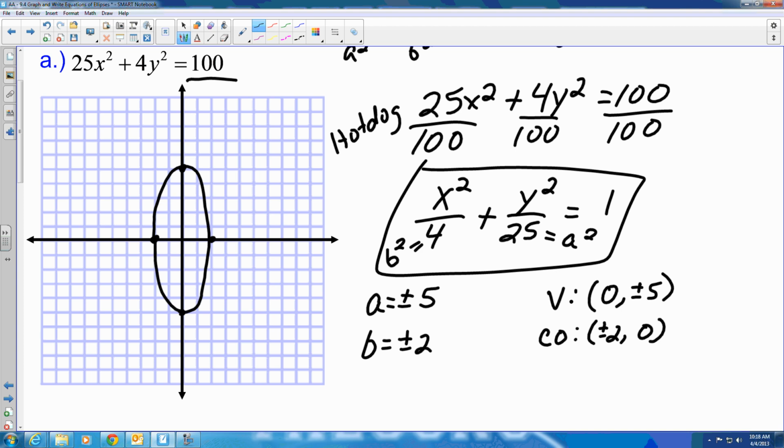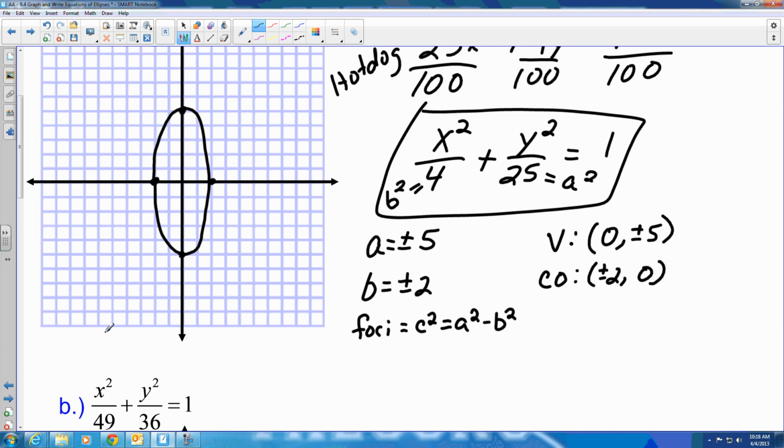Okay? Last thing I have to do is find what the foci are. And remember, for the foci, I can use c squared equals a squared minus b squared. Well, I know that a squared is 25 and b squared is 4. So now here I have c squared equaling